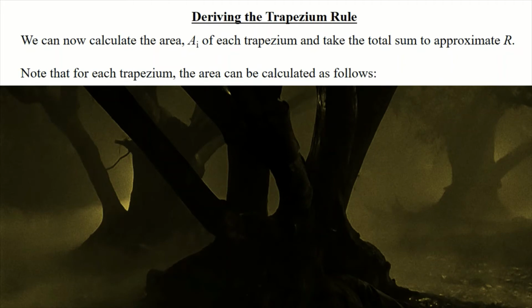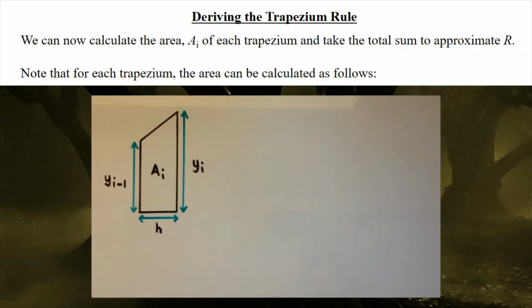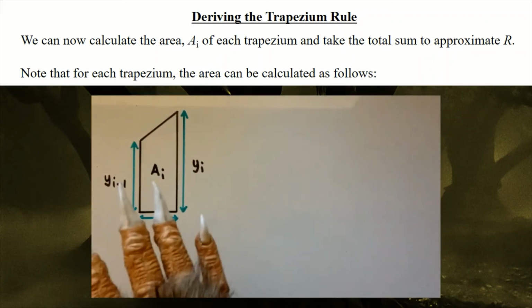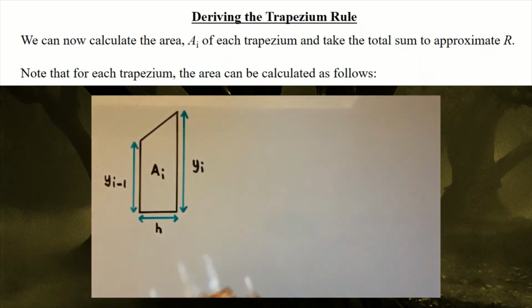Before we go into the final stages of calculating the estimate for the area under our generalized curve y equals f of x, let's just have a brief look at how the area of a trapezium in this situation is calculated. What I've done here is I've set up a generalized trapezium diagram taken from the area under the curve that we've just established, the curve y equals f of x,